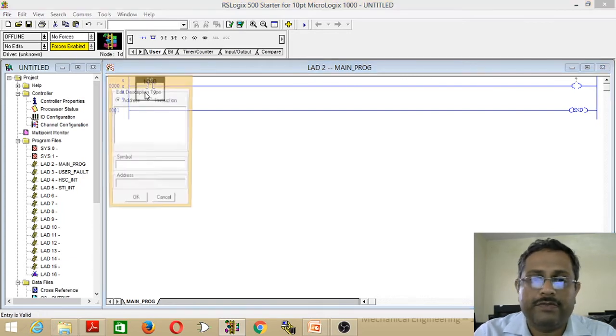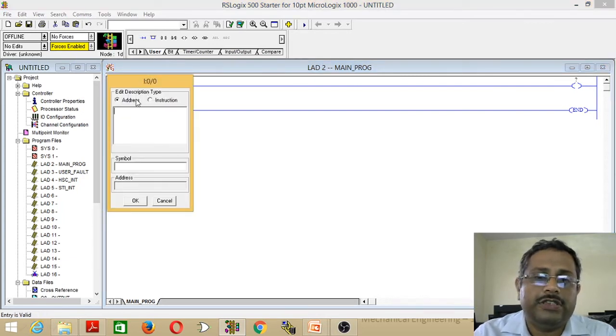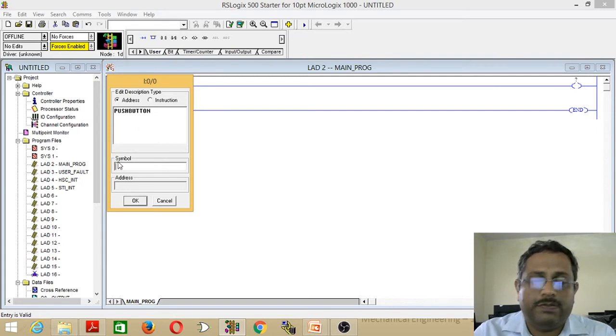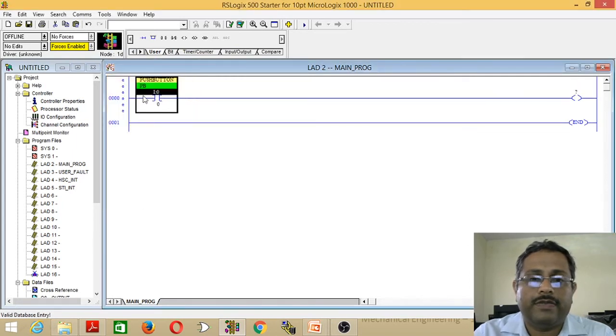If you press enter, it will give you a box where you can type whatever. I will type push button. This input is a push button type, that's why I will type push button. The symbol is PB. OK. After this, addressing of the input is complete. Next we have to address the output. Double click on the question mark.